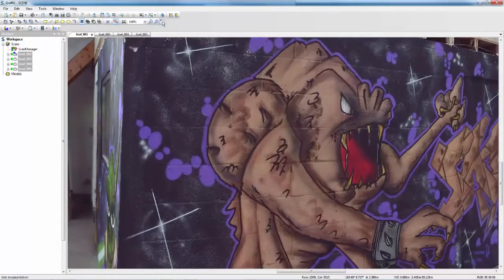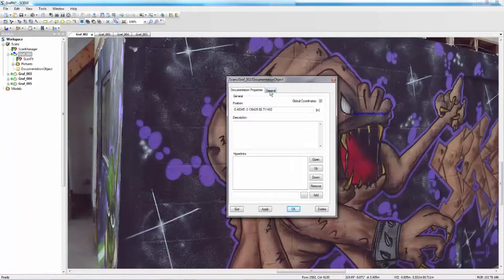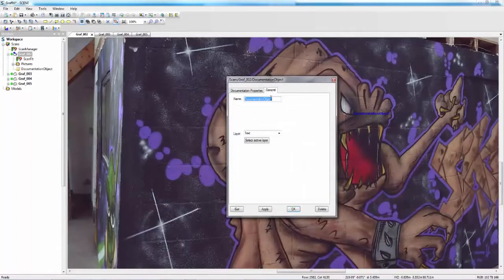On the tool palette up here we had the Add Documentation link. If we click on that, then it will allow us to pick a location for our document link, and then it will bring up a dialog box. In the dialog box, on the General tab, you can set up a unique name for the document that you're creating. So if we create this one called Isometric View, remembering to use underscores, as Scene doesn't like